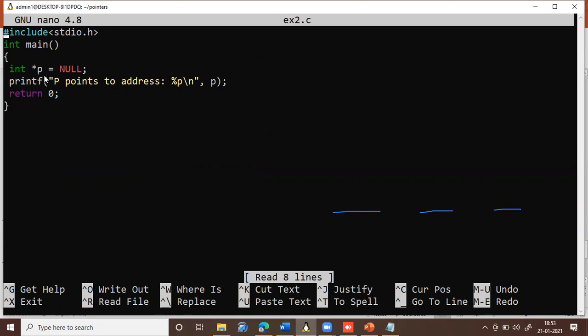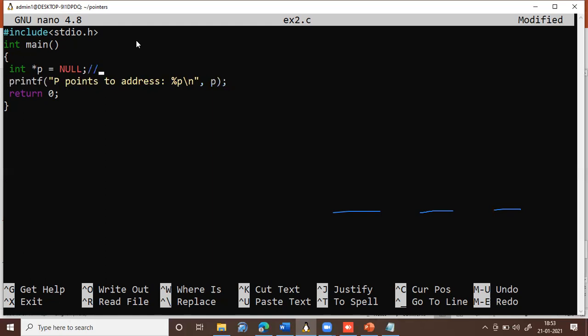To avoid such problems, it is always advisable to make sure that the pointer is pointing to null. So now this pointer is pointing to null. So this is called a null pointer. If a pointer is pointing to null, then such a pointer is called a null pointer. It means it is not pointing anywhere. That's it.